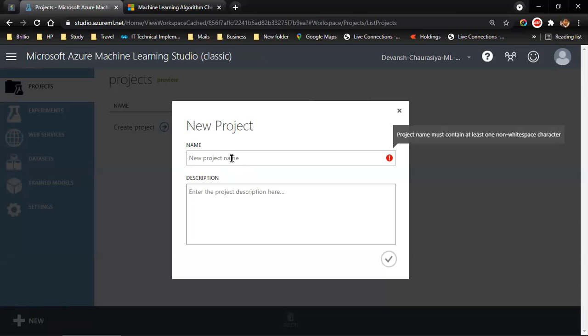So a new project name. I prefer giving a name that will be self-explanatory in the future, because after a year you'll have 30, 40 ML models, and it'll be difficult for you to pick up the right one just by reading the name. So try making your project name as self-explanatory as possible. I'm going to write supervised classification model